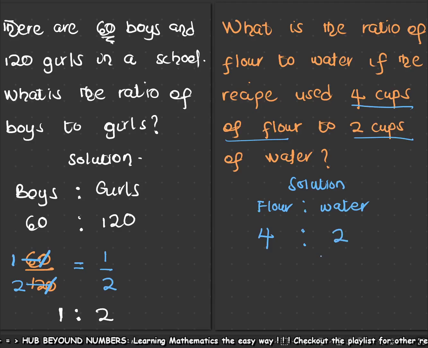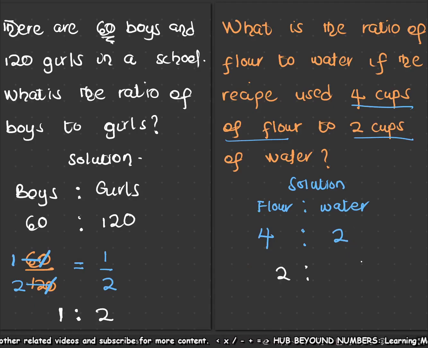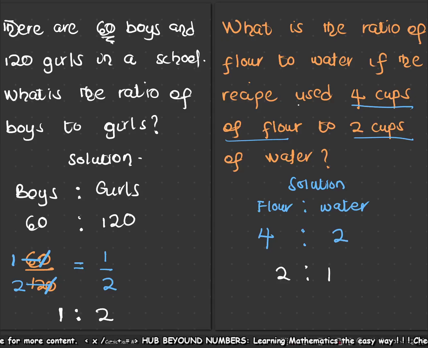So it's to what? 2, right? Then you now simplify. So simplifying, we just divide through by what? Their highest common factor. 4 divided by 2 gives us what? A 2. So I'll just write my 2 over here. And then 2 divided by 2 also gives us what? A 1, right? So this implies that the ratio of flour to water is 2 is to 1,